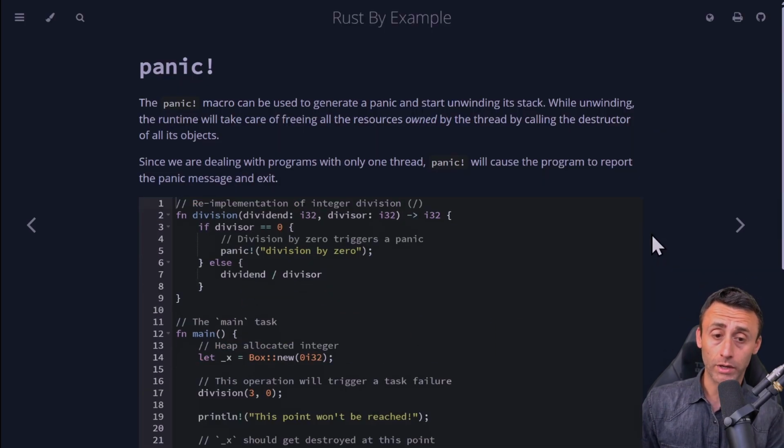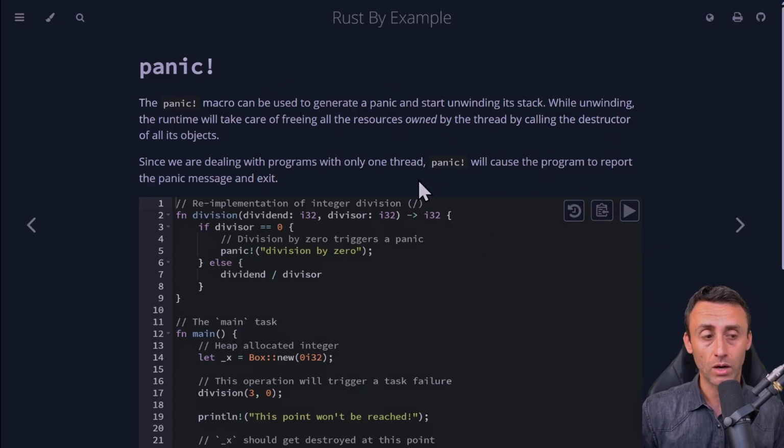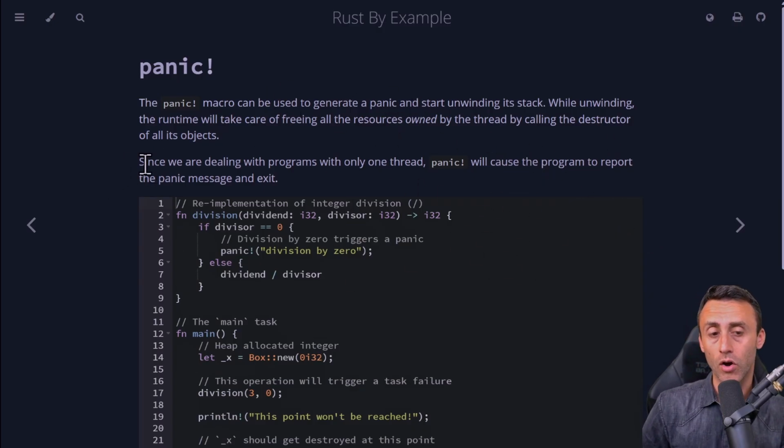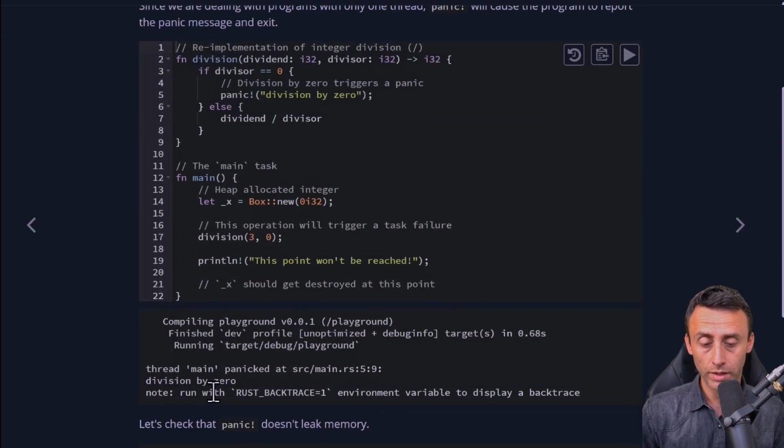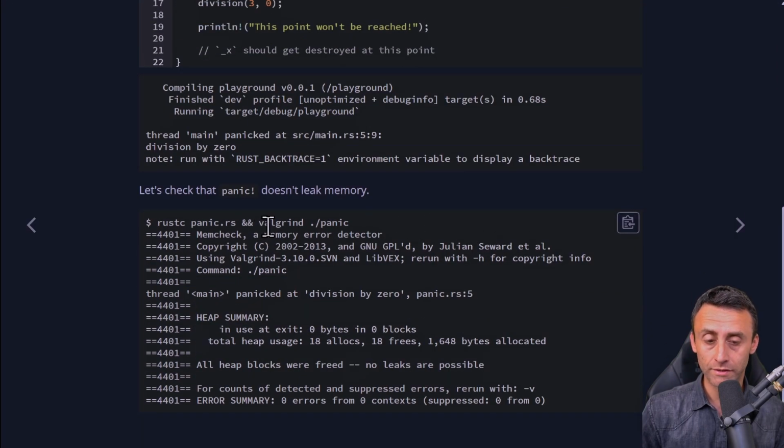The panic macro can be used to generate panic and start unwinding the stack. While unwinding, the runtime will take care of freeing all the memory and resource owned by the current thread where this Rust program is actually running. And of course it calls the destructor and drop on all the objects. Let's try it out. We have this error, and you can also use Valgrind to check that this is not